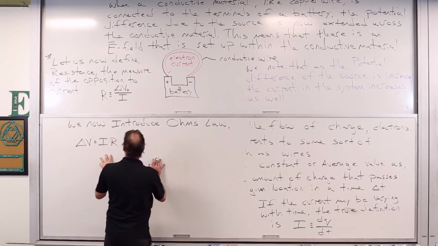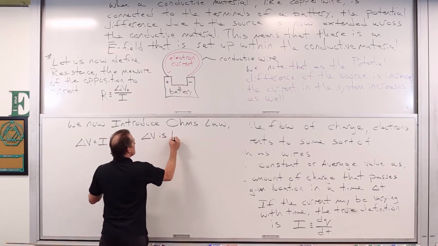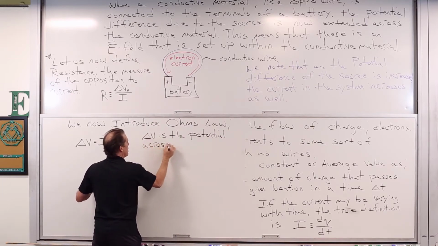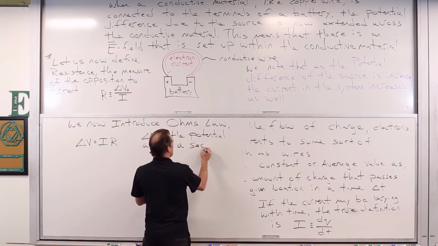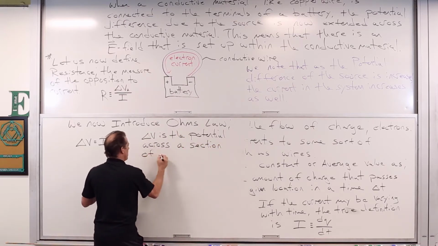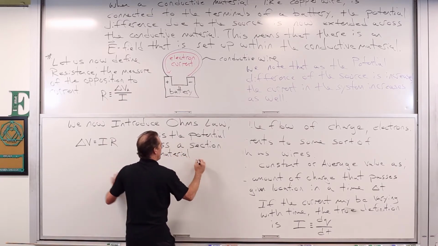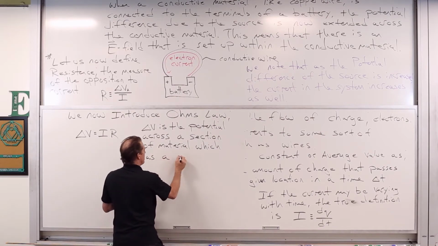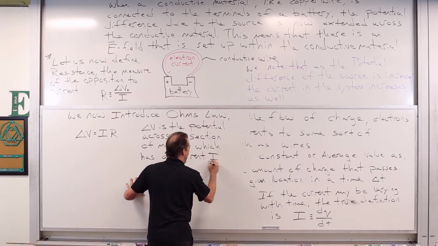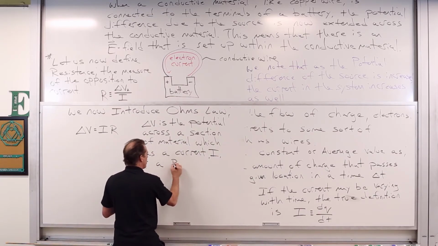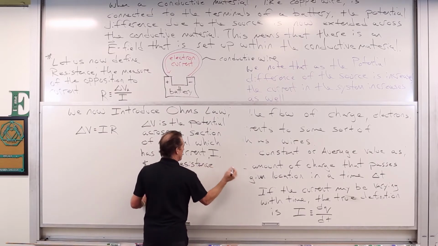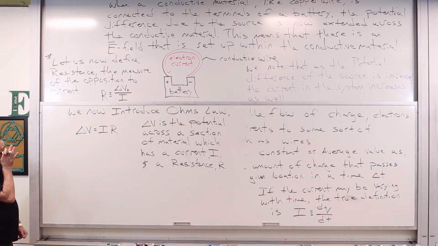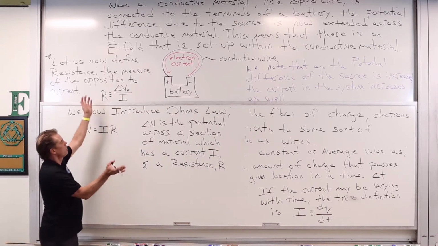So what do we have of this? Well, delta V is potential difference across a section of material which has a current I and a resistance R. So that's it. So what we're going to do with this is sort of start to go into some circuitry,